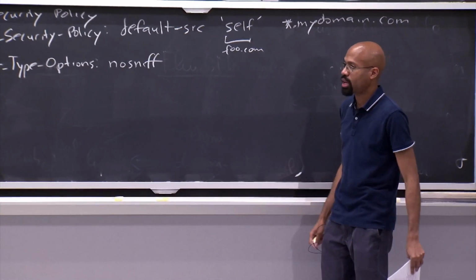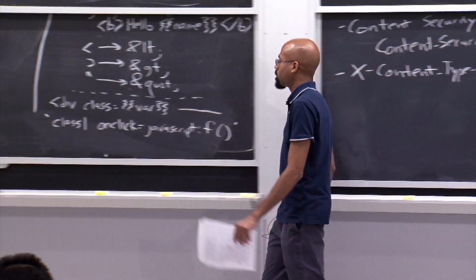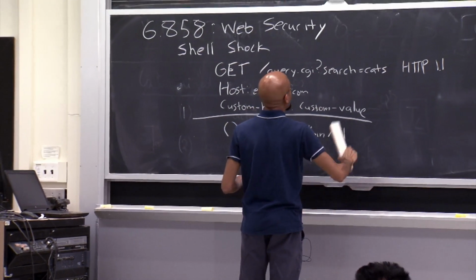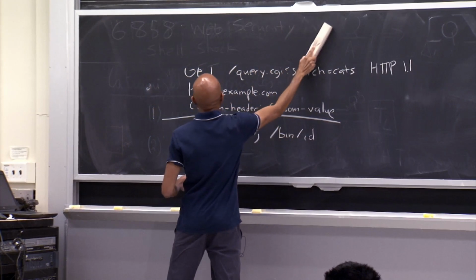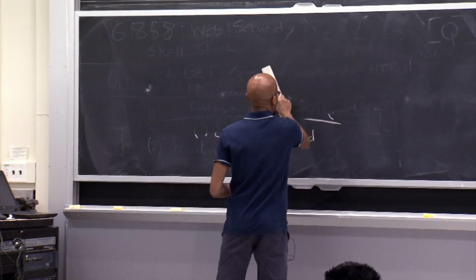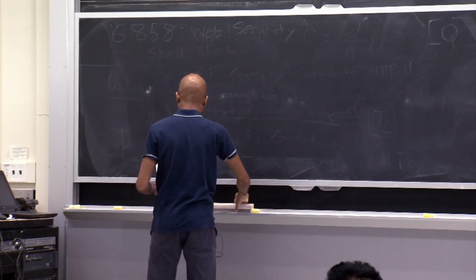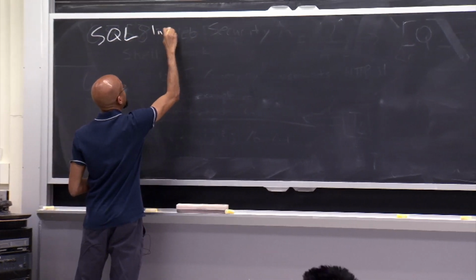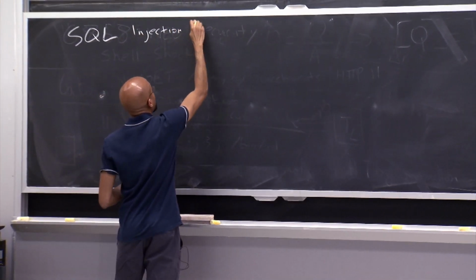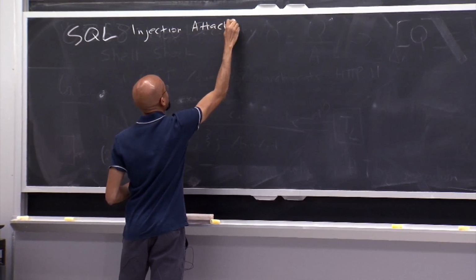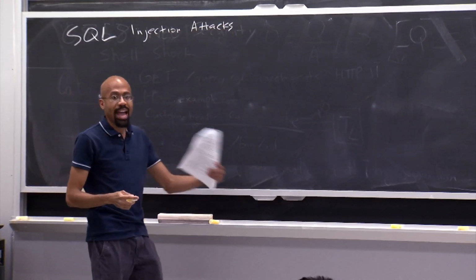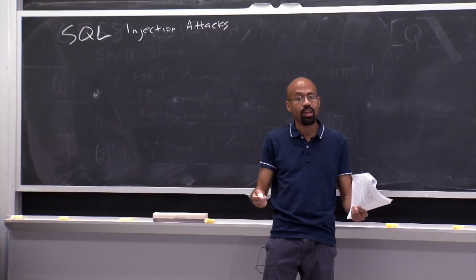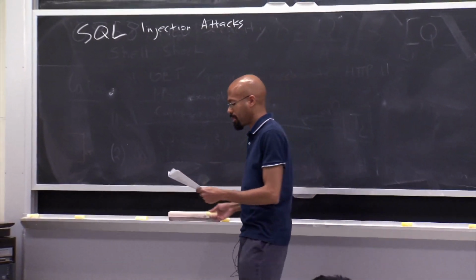All right, so that's a quick survey of some of these cross-site scripting vulnerabilities. Now let's look at another popular vector for attacks, and that vector is going to be SQL. You've probably heard of SQL injection attacks. These attacks take advantage of the fact that on the back end for a lot of websites, there's some type of database, right? To dynamically construct the page that's shown to the user, there have to be some database queries that are issued to that back end server.